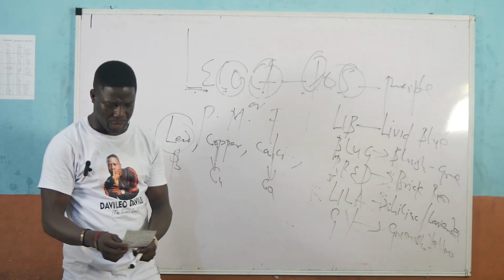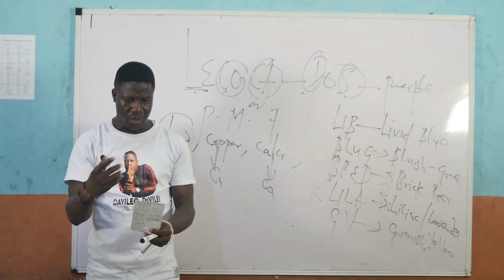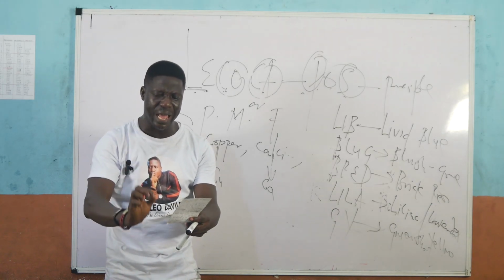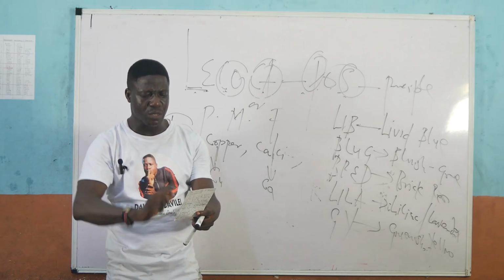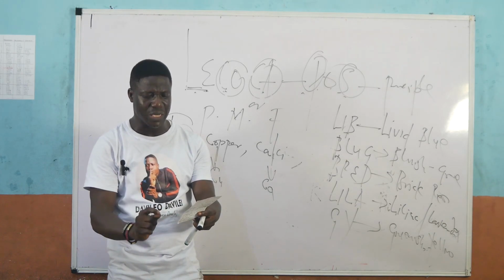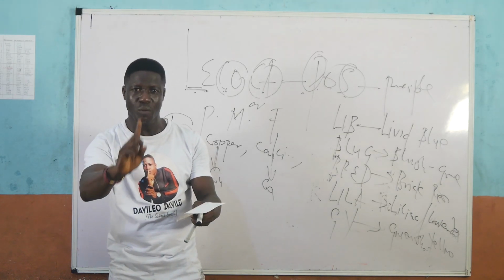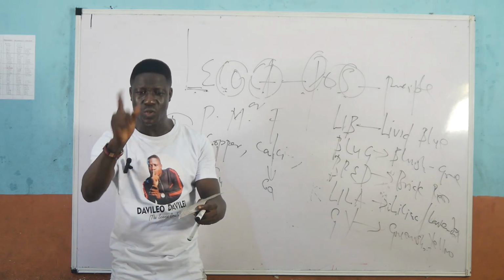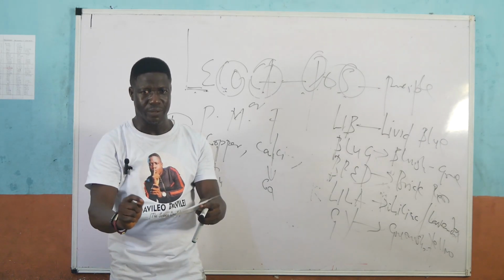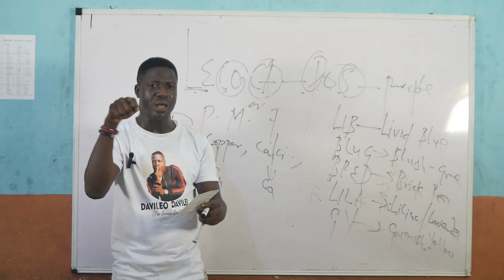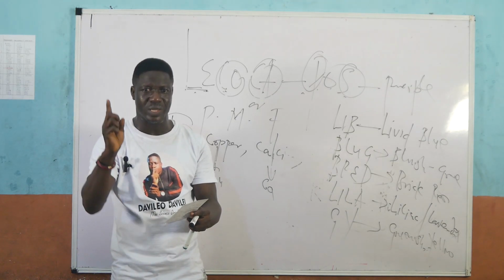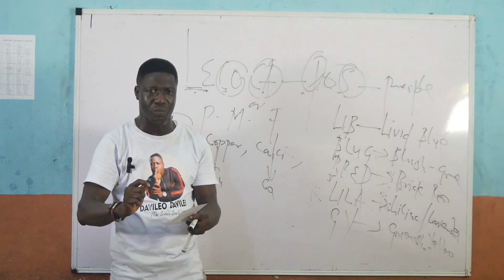Now let me give you one self-test application to test the efficacy of your understanding. A compound that will give a lilac flame coloration and a white precipitate with aqueous barium chloride followed by dilute hydrochloric acid must be A, potassium chloride, B, potassium sulfate, C, sodium chloride, and of course D, copper II chloride. You can answer this by the application of the Lefoka POS principle. Do not hesitate to answer it, and send the answer to the comment section, and it will truly be